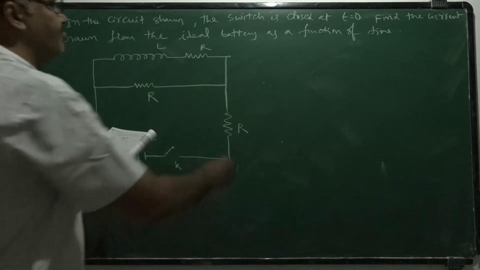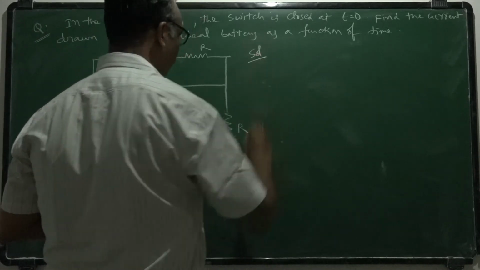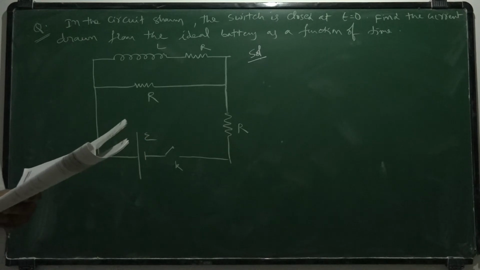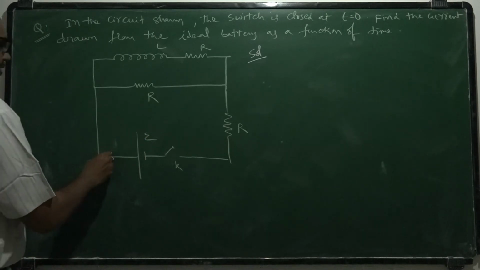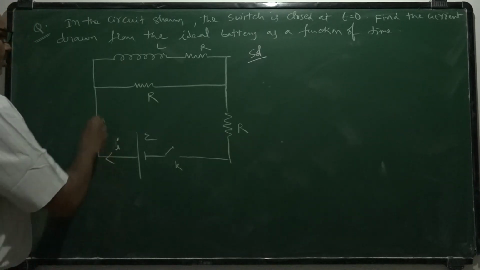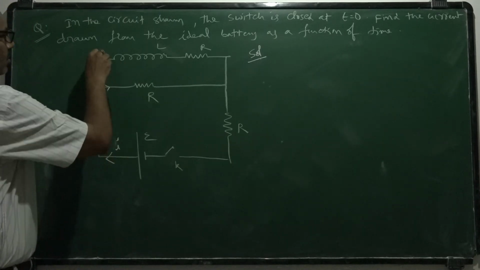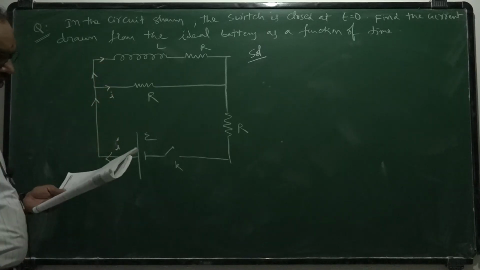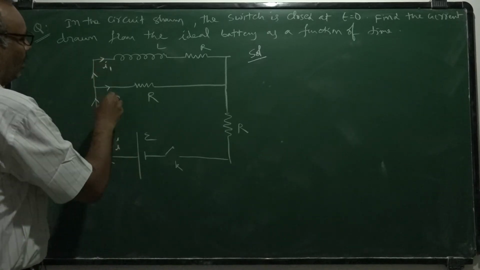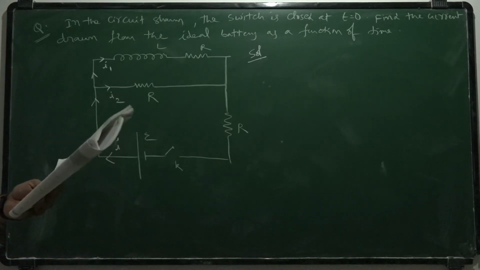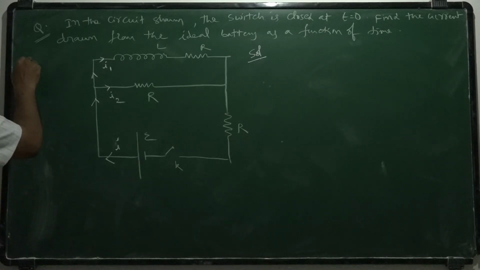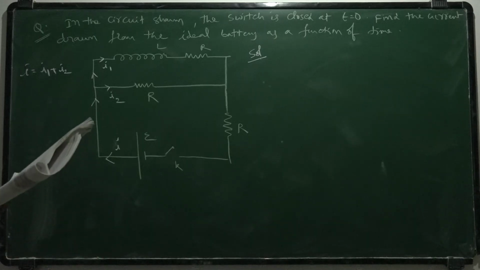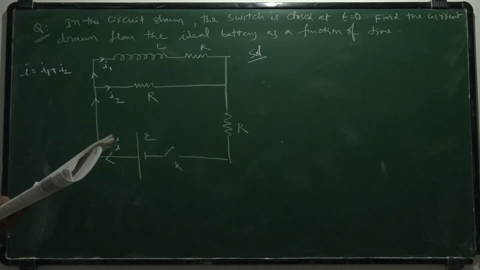Solution. As per the question, at an instant t, let I be the current flowing through the circuit. This I finds two paths. One part of current I1 is going through the inductor, another part of current I2 is going through the resistor like this. Then you can write I is equal to I1 plus I2 as per Kirchhoff's junction law. And if I apply